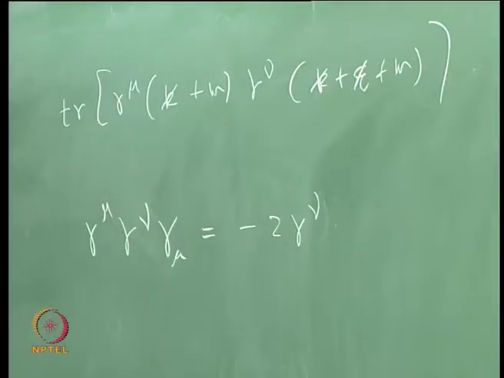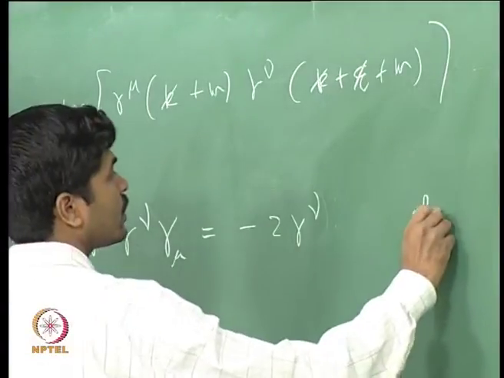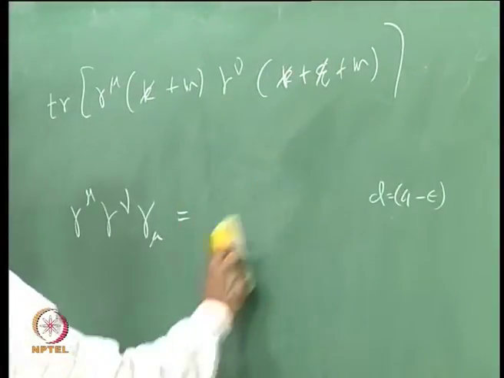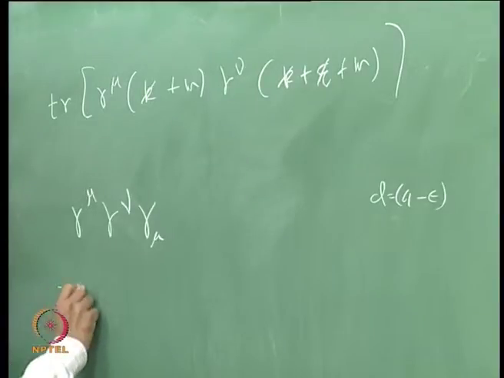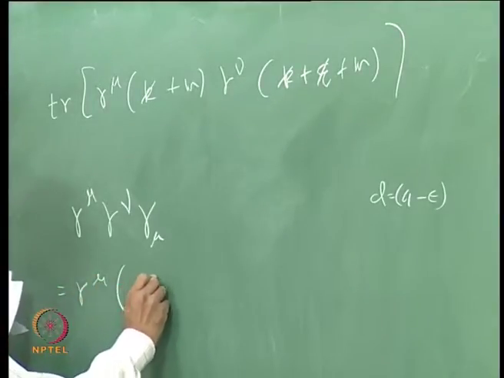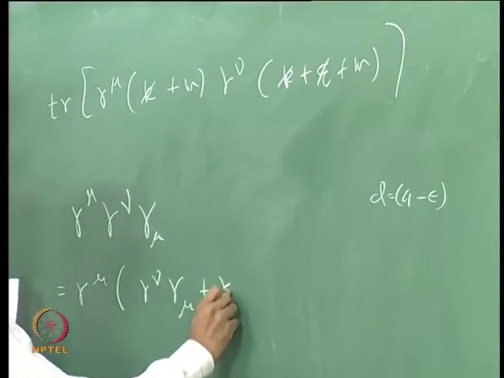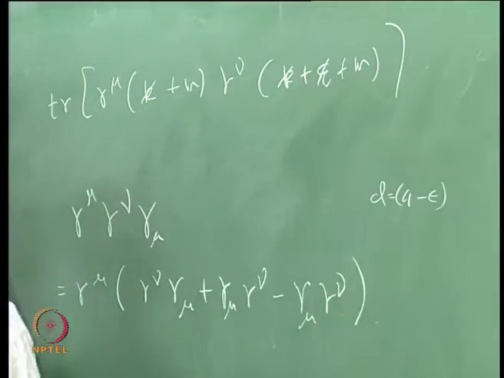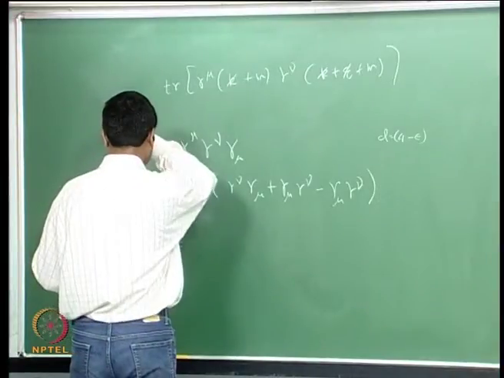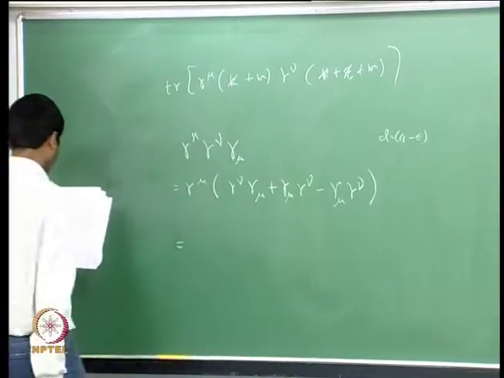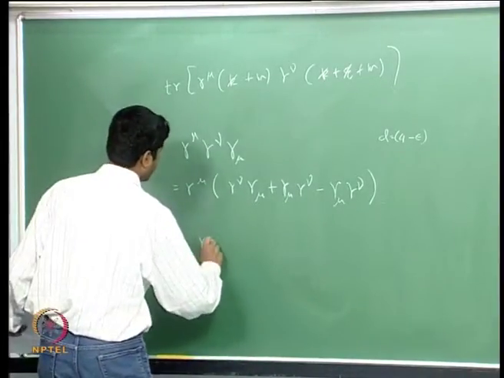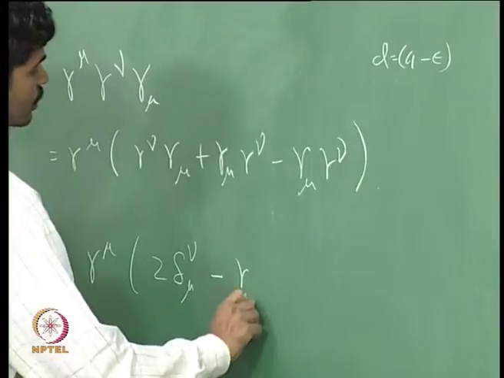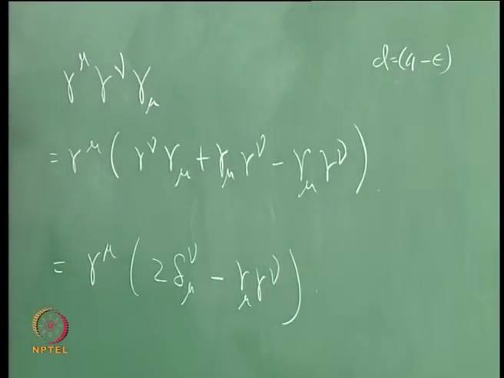However, in d dimensions, when d is 4 minus epsilon, you can see that this is nothing but γ^μ γ^ν γ_μ plus γ^μ γ_μ γ^ν minus γ^μ γ_μ γ^ν, and this we will use to be 2δ, this is given by 2δ^μ_ν minus γ^μ γ^ν. We are using the same Clifford algebra,